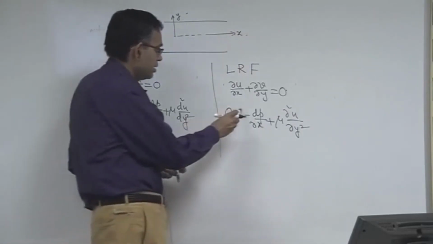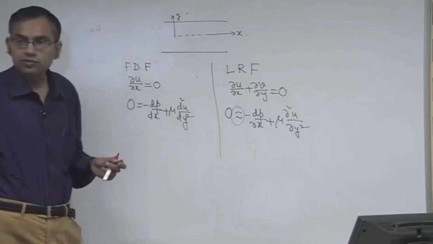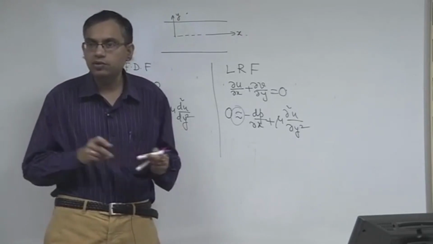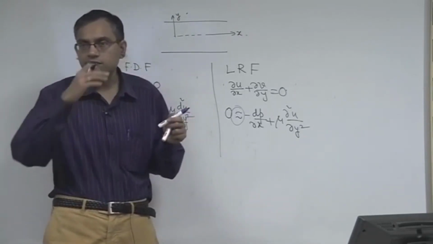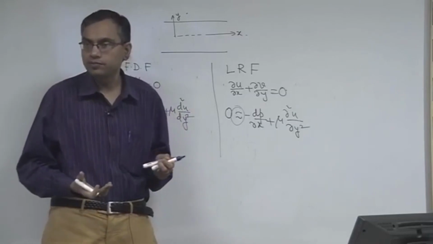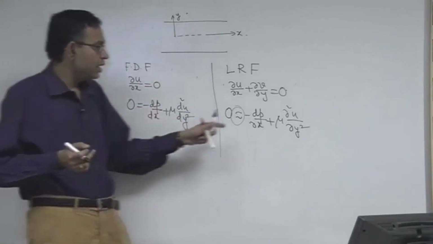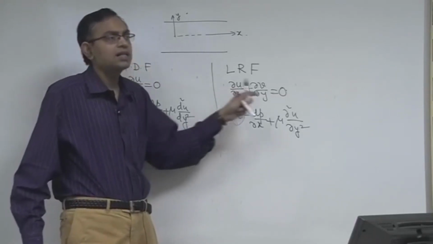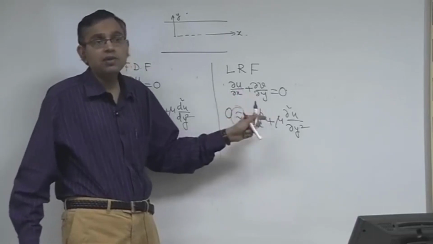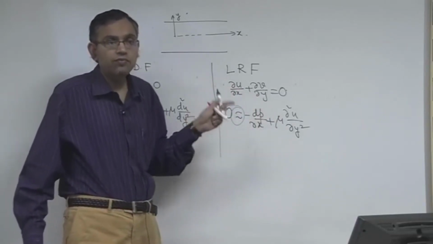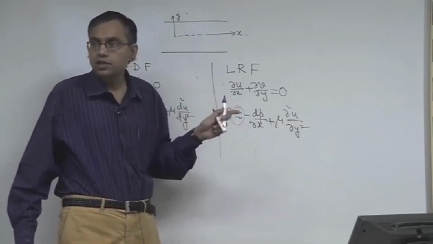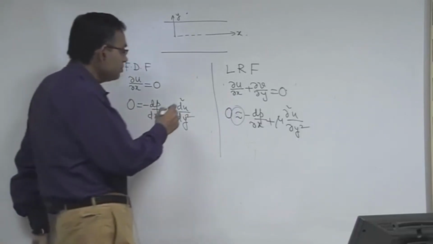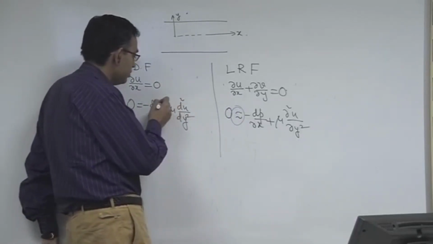this is approximately equal to, right. Although while solving problems we will not always write approximately equal to, we will assume it as equal to just in the casual spirit of solving the problem, but fundamentally it is approximately equal to, because the inertial term is negligible as compared to the viscous term, but the inertial term is not identically equal to 0. For fully developed flow the inertial term is identically equal to 0. Not only that, you see that this